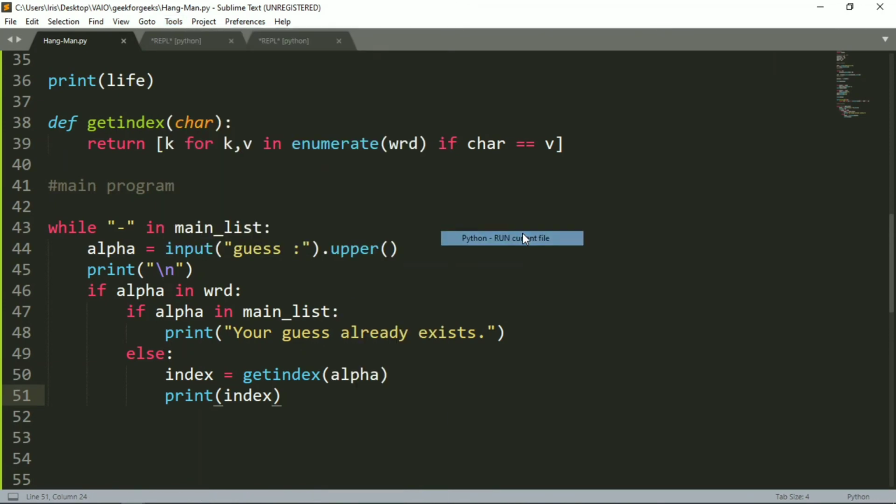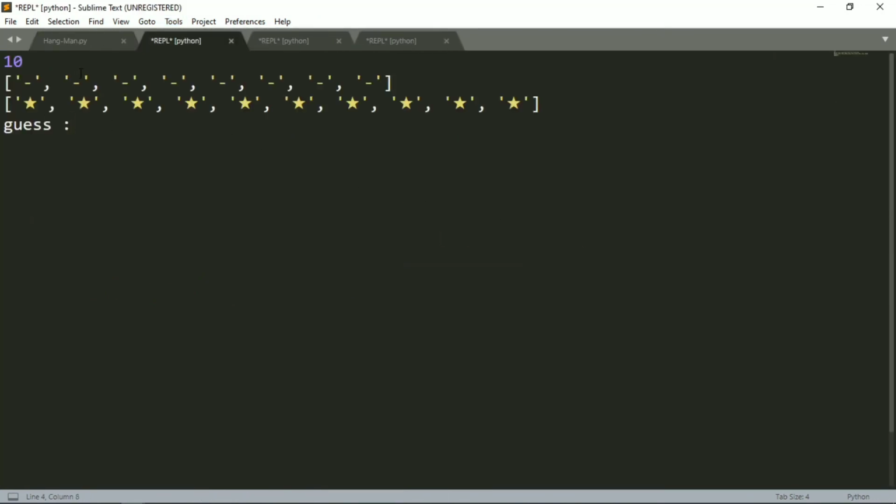In case you aren't understanding what is going on, do not worry. So it's a 10 letter word. I'm sorry, it's an 8 letter word, but 2 more extra options, so it's 10. We do not know what the word is whatsoever. So let's try giving a guess, A. That guess did not come correct, since there is no message saying that it already exists or whatever. So we do not know what is going on right now. So yeah, we got our option correct.